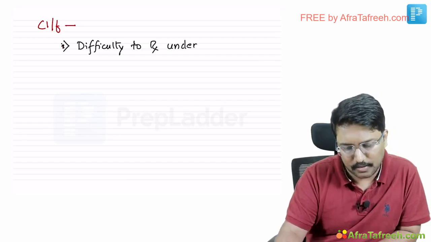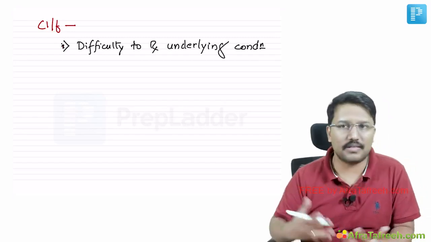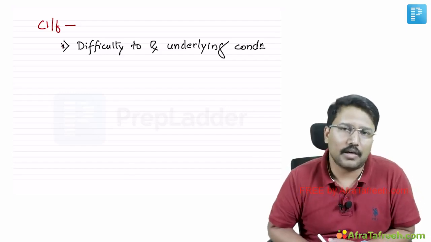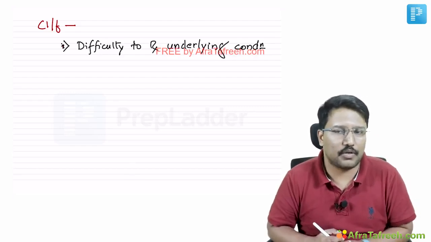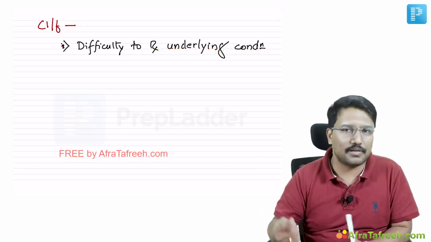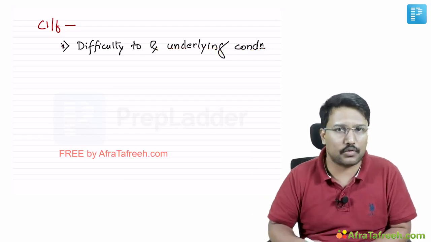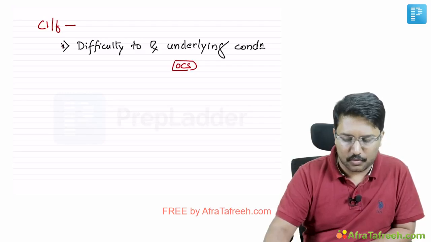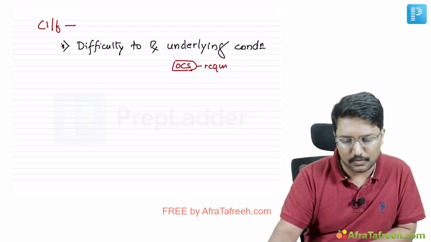Now, what do I mean by that? If you're talking about an asthmatic who was generally well controlled with a combination of ICS plus formoterol or any other long-acting beta agonist, now the control is lost once the allergic bronchopulmonary aspergillosis starts occurring. After that, the same medications are unable to control. It keeps requiring escalating doses of medications and eventually lands up with the need for oral corticosteroids. That's the usual story of a patient of allergic bronchopulmonary aspergillosis in an asthmatic. OCS required in case of bronchial asthma.